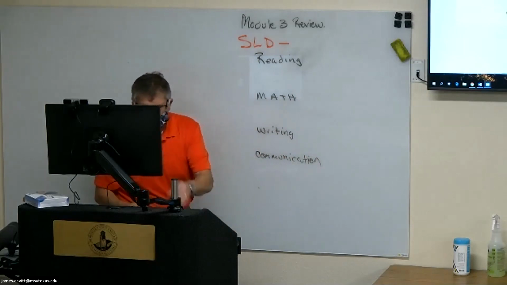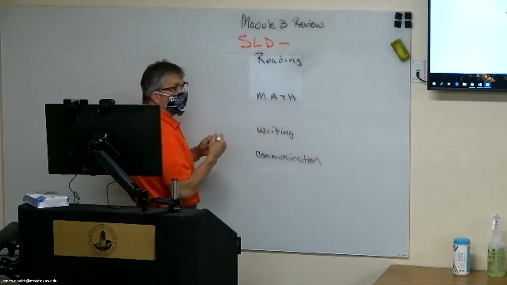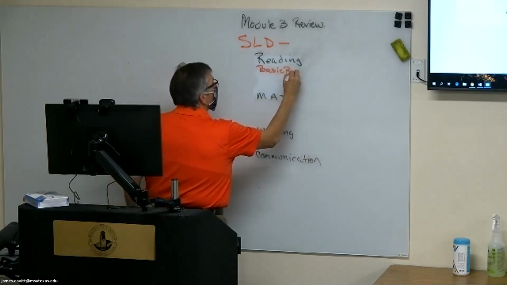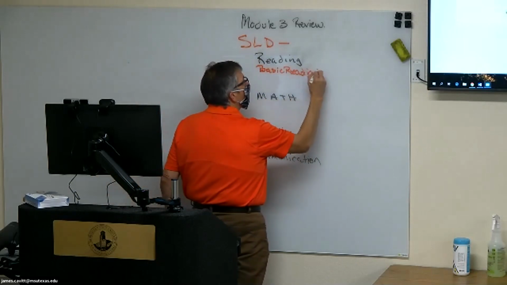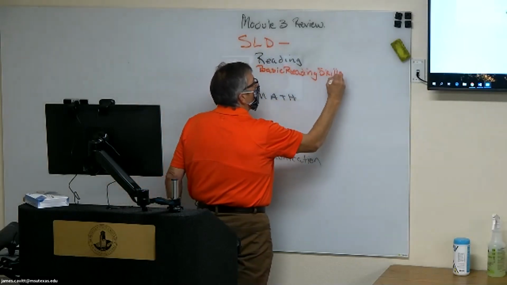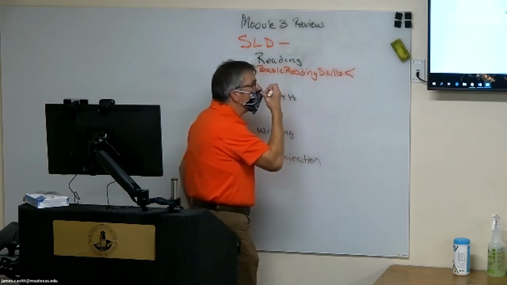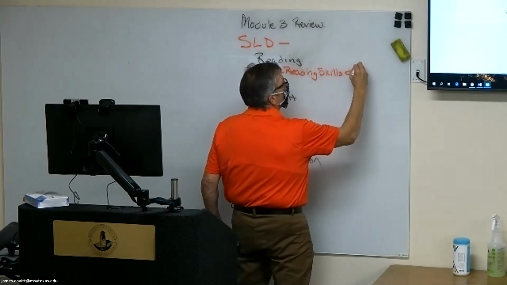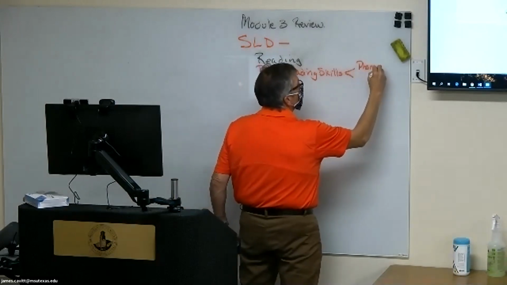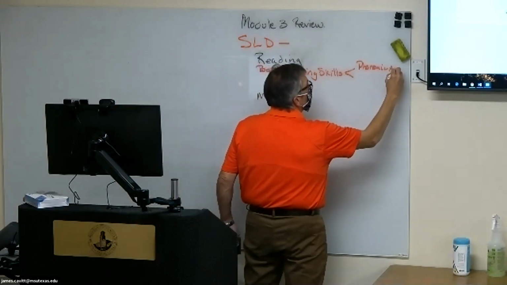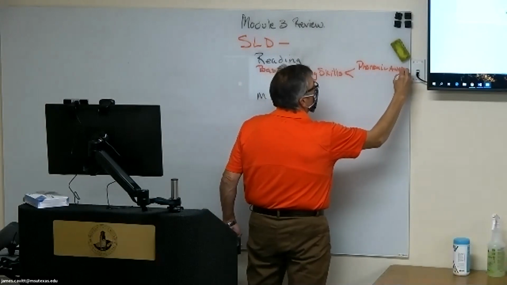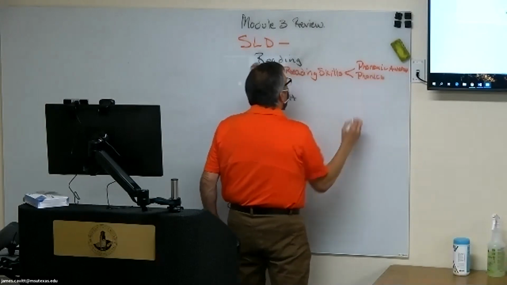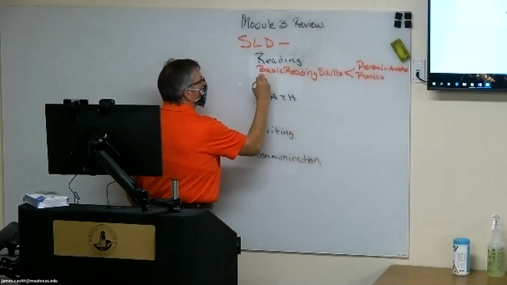As we break these down, in reading we have basic reading skills, and that takes into account the big 5. Remember the big 5? Phonemic awareness and phonics. Then you have reading comprehension,